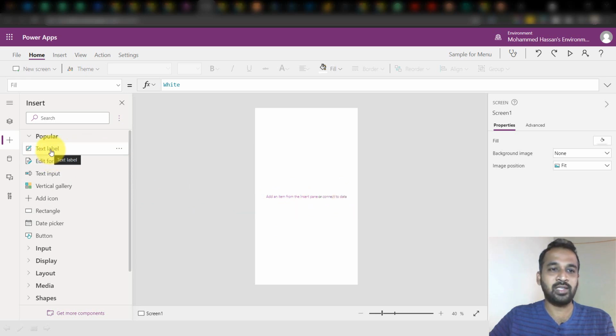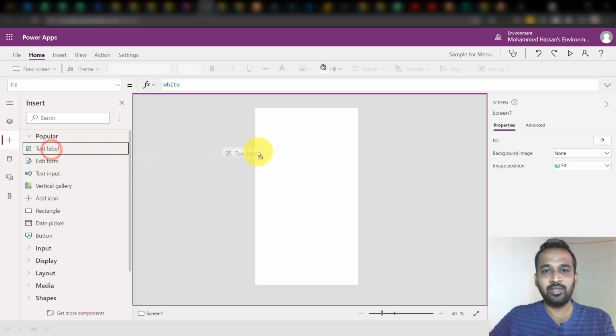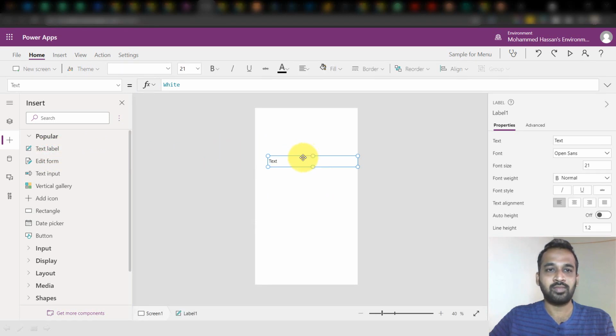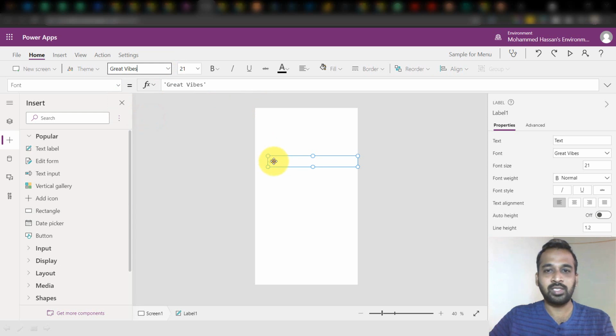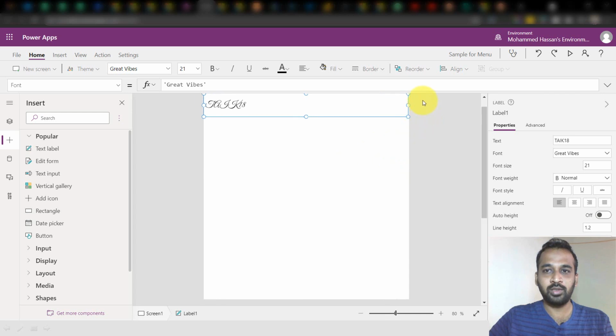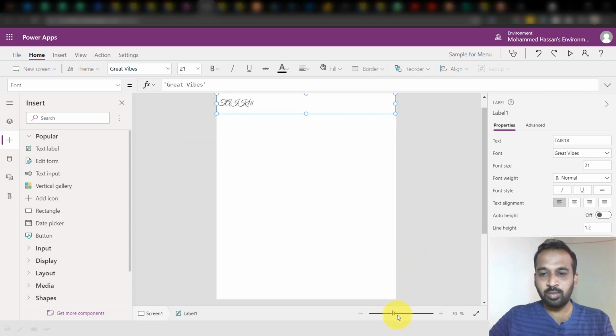For example, I'm going to add a text label here, dragging and dropping it into the canvas. It adds up here, and now most of the options are enabled. The next thing is I can set up a font here. I'm going to keep this on top of this menu just in case. So I have the zoom option. I can click Control and scroll my mouse, so it will zoom here, or else I can also use the scroll bars at the bottom of the screen to do that. And I have this option to fit to the window.